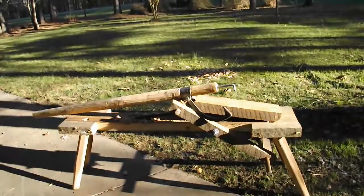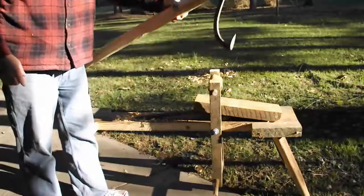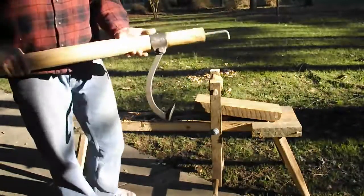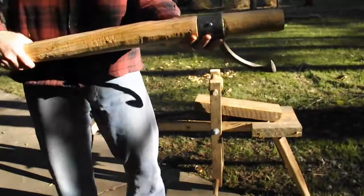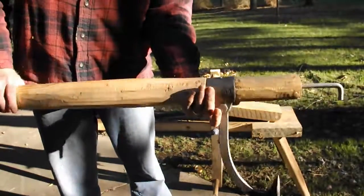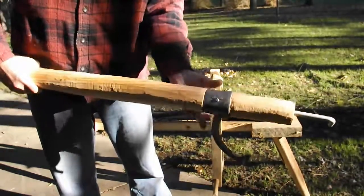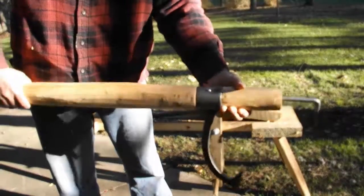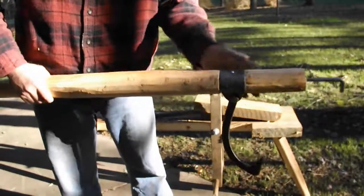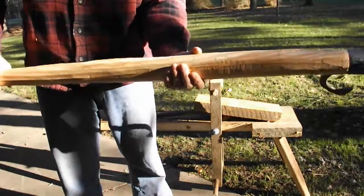Okay, it's the next day. Pretty much finished the log Peavey handle and the log Peavey itself. As you can see, went ahead and put on the collar. Had to use a chisel. This diameter here is 2 inches. This is about 2 1/4, and I kept the handle itself pretty much bigger than 2 inches, and you can